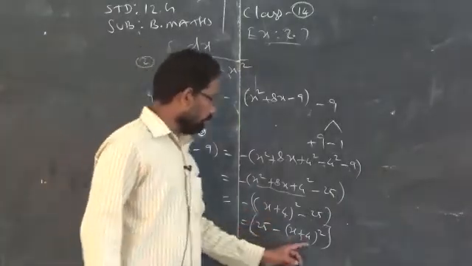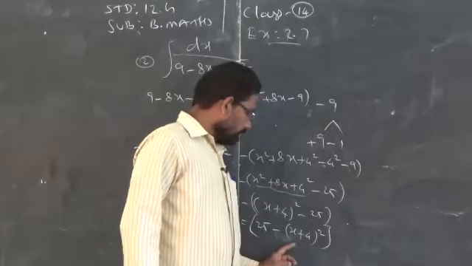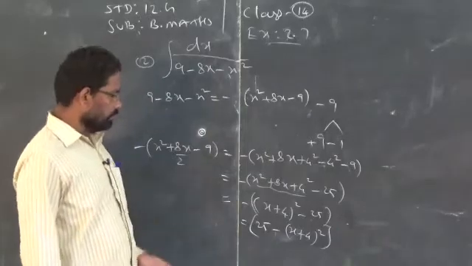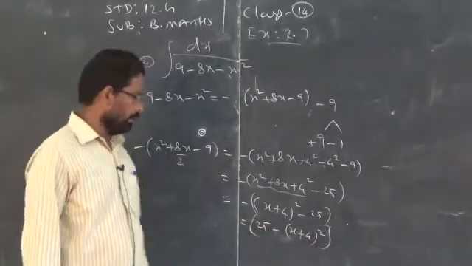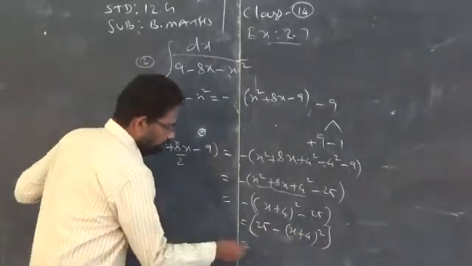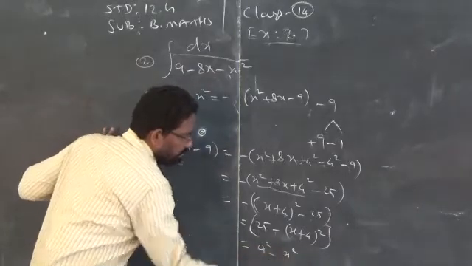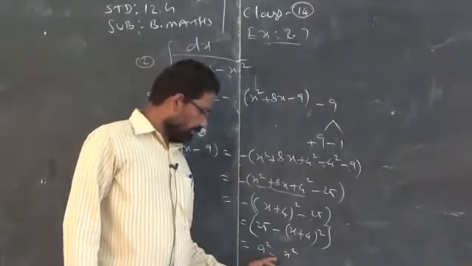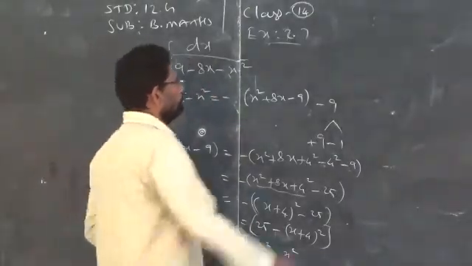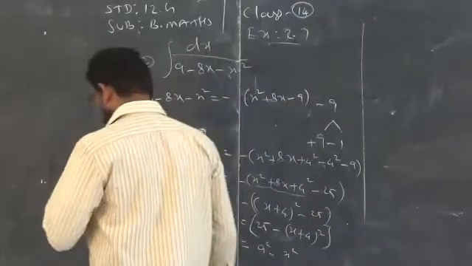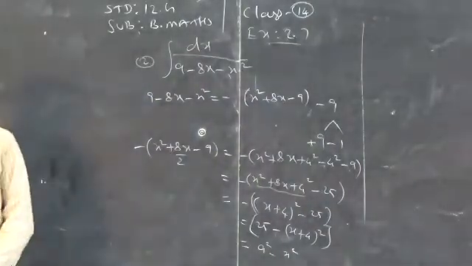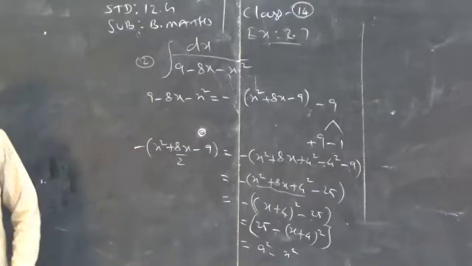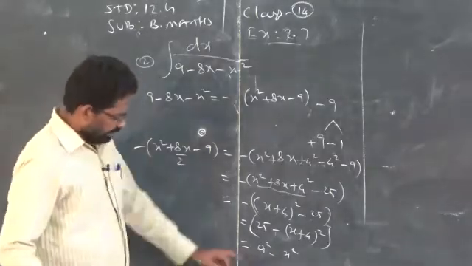If you take minus inside the bracket, only after expansion by using the (a plus b) the whole square formula will you get the same answer. So there is no use of taking minus inside the bracket. Clear? Now this is in the form of a square minus x square. So you have to apply the relevant formula for a square minus x square. What is the formula for a square minus x square? Again you have to refer to the formula, page number 59, formula number 1, a square minus x square.